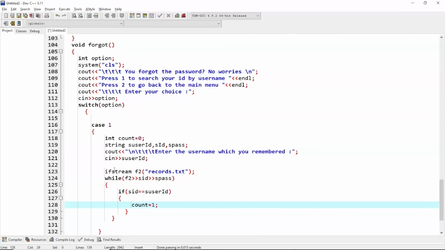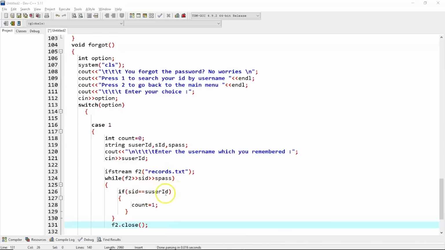So we will assign 1 to count, and after that we will close the file. It is f2.close. So here what we are doing is we are checking inside the file using the ifstream object that if that ID or password is there, and if that ID is there, then we'll assign 1 to the count as initially it was 0, and then again we'll do the same as that we have done in the previous function,